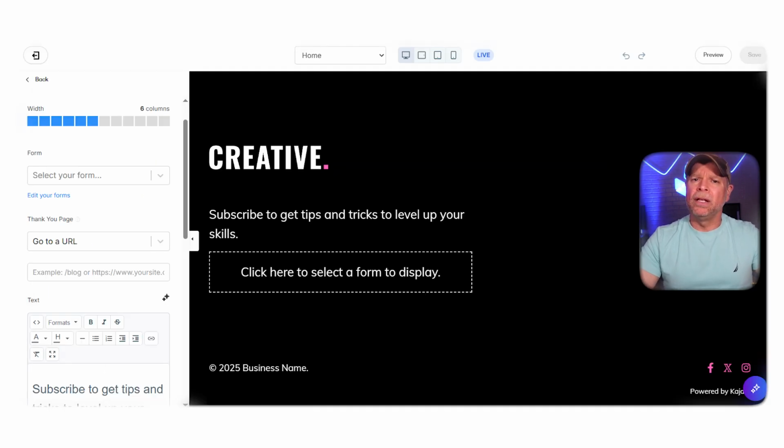Next, let's talk about the third hack, improving your call to action or your CTA. CTA buttons are super important because they show visitors what to do next. Whether it's signing up for a free trial, joining a webinar, or buying your course, these buttons guide them in the right direction. So to make your CTAs pop, it's important to keep all of your buttons the same color